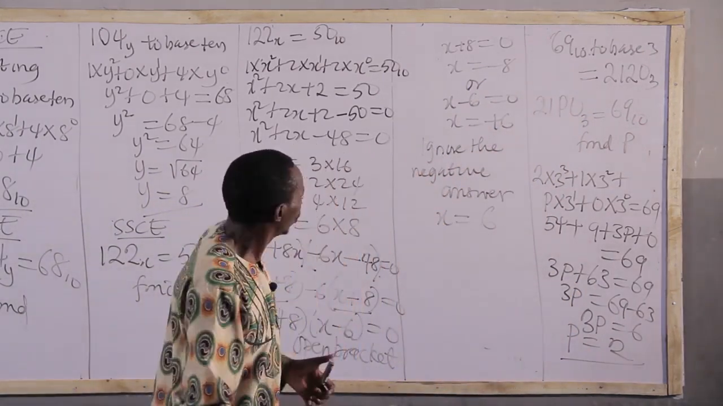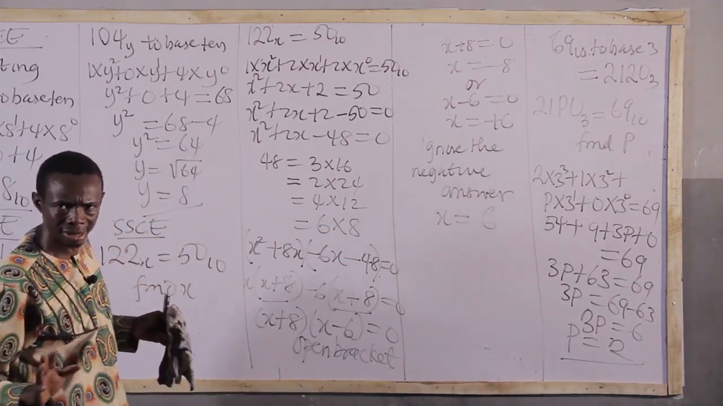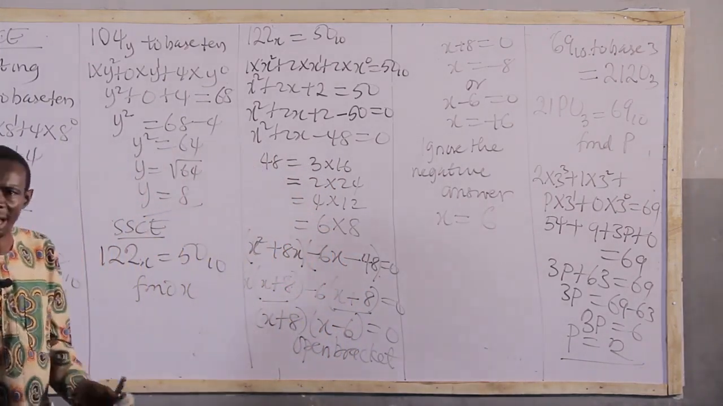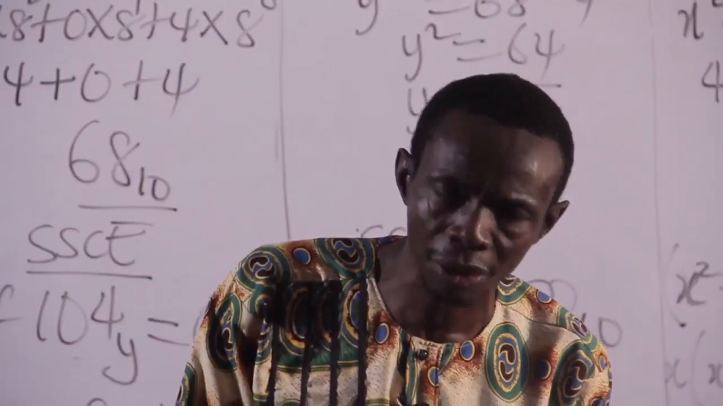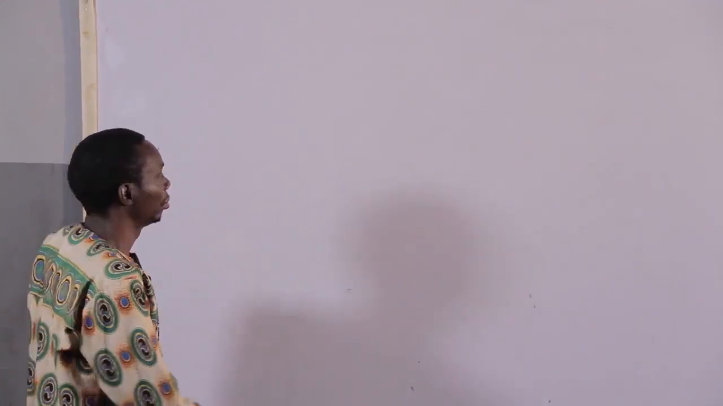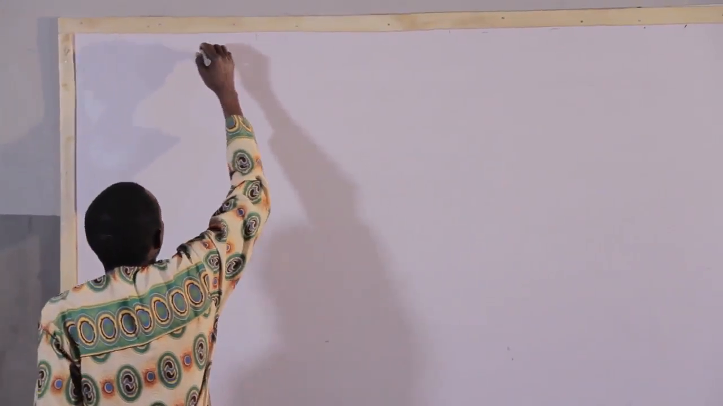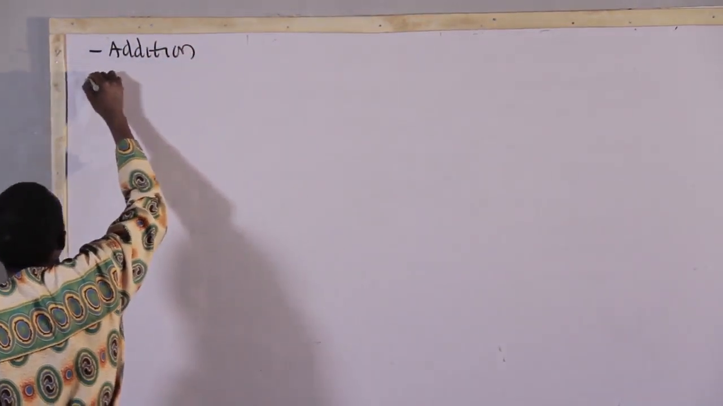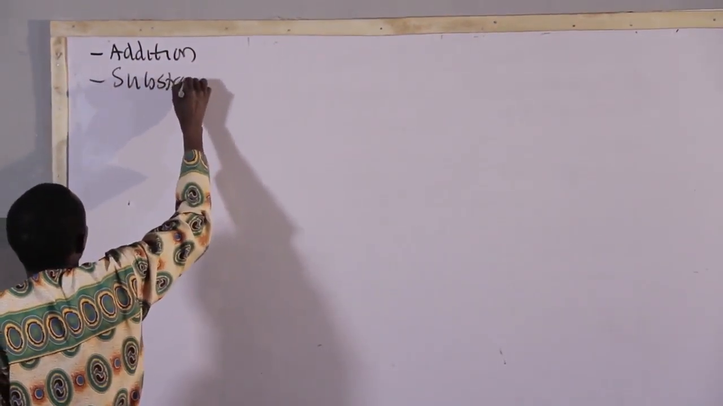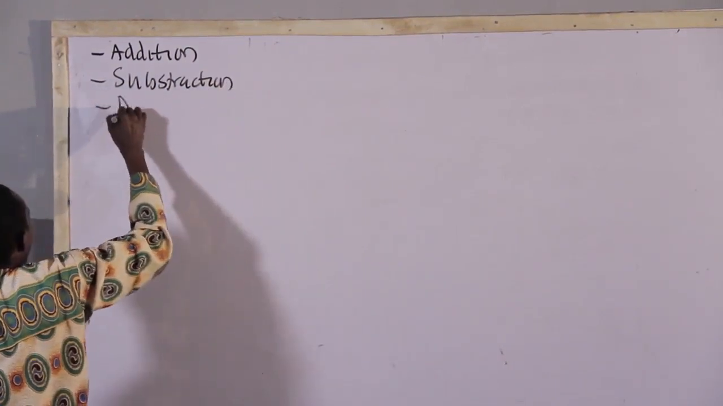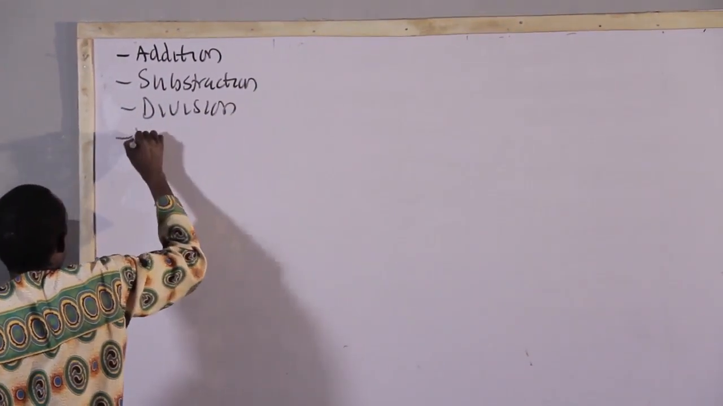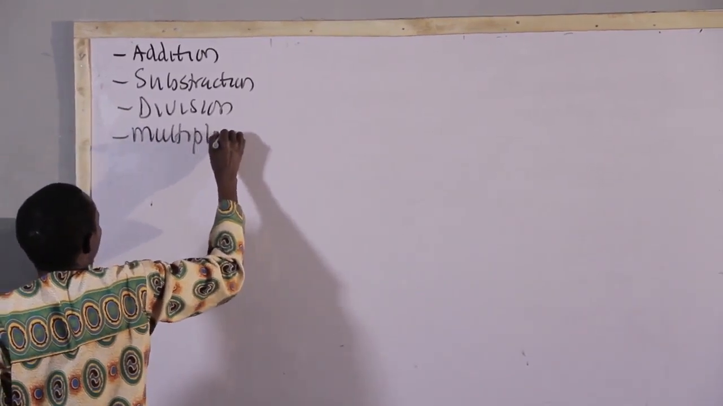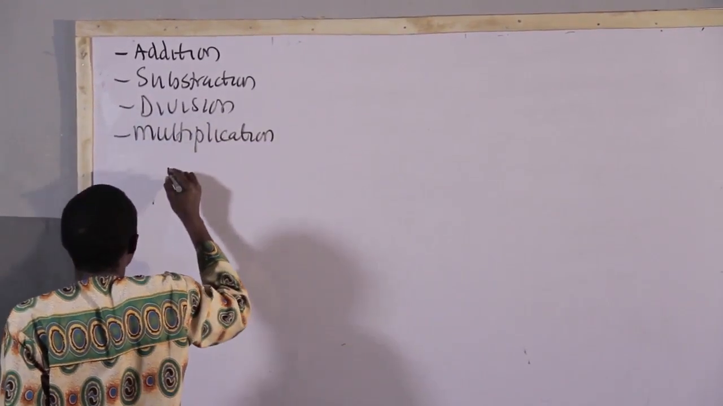From here, we can now go to operations in bases. And operations in bases involve addition, multiplication, division, and subtraction. I want to continue with application in base system. Application involves addition in base, subtraction in base, division in base, and multiplication in base. With addition,